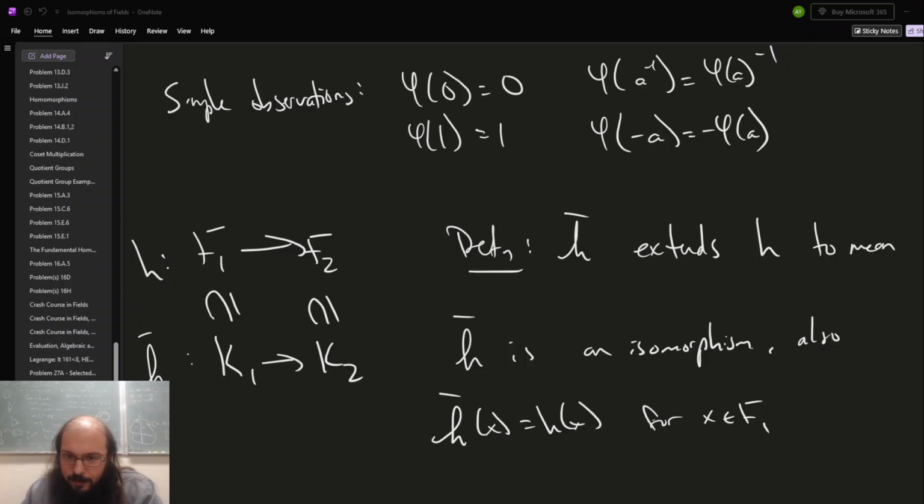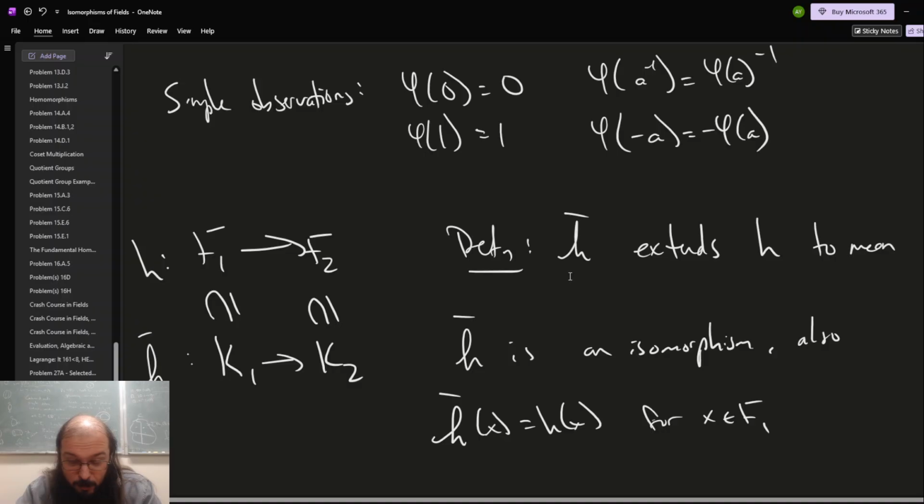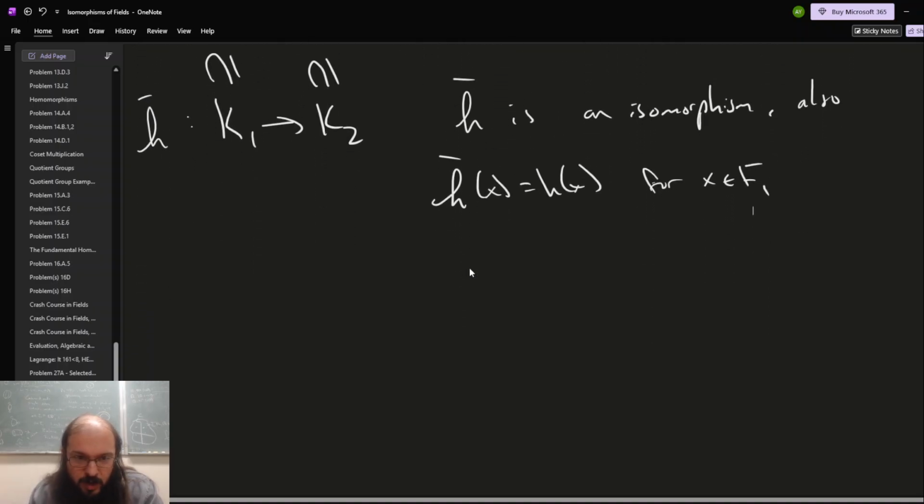Now, if you have an isomorphism already, how should I say this? I want to keep that in a thought bubble because I don't want to talk about things that aren't fields. Pinter has a little bit of discussion following this section about polynomial rings and integral domains and so on. I don't want to talk about that stuff because we didn't talk about that stuff. I do want to make one comment,